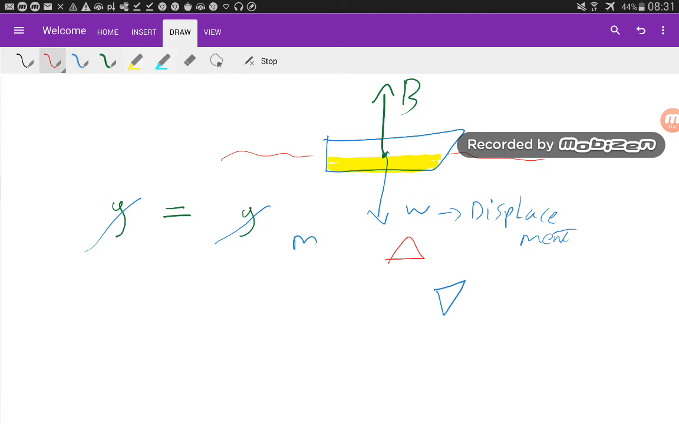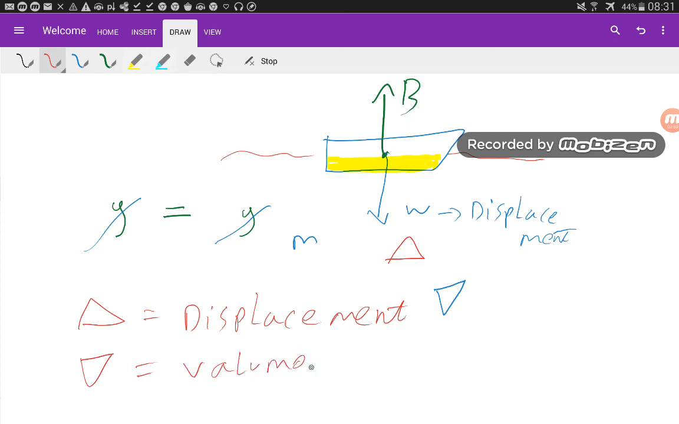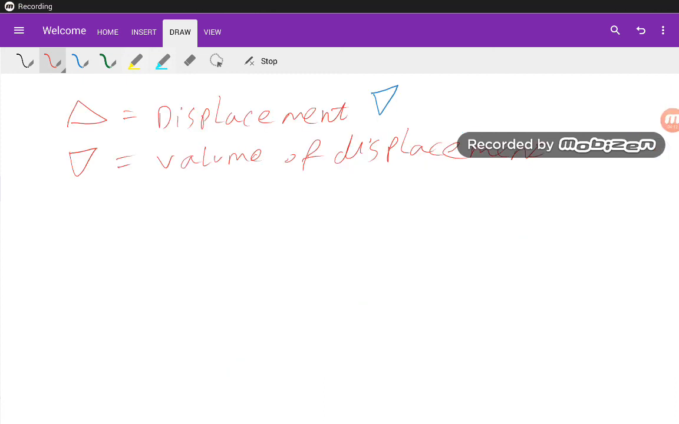So I'm reviewing that one. Delta is displacement, and V is volume of displacement. Okay, why is this volume of displacement important for us? That again